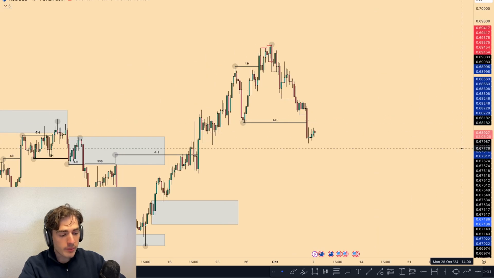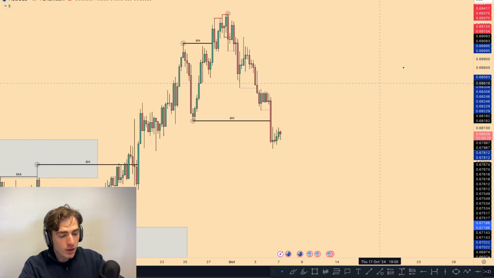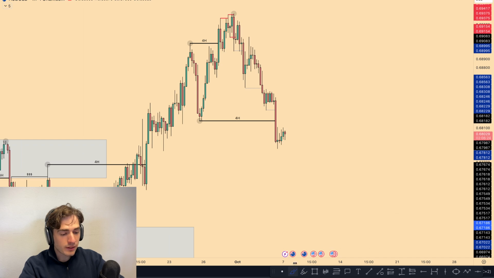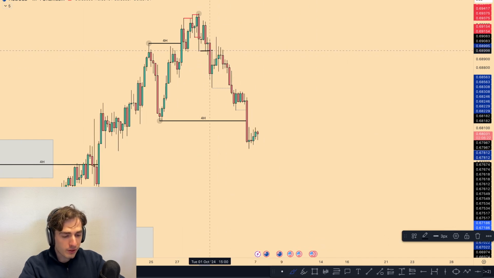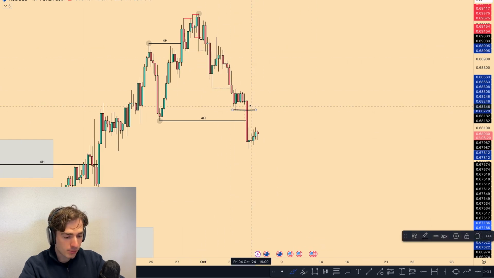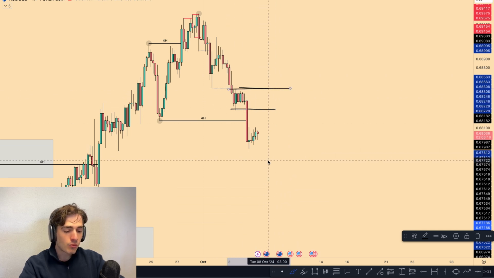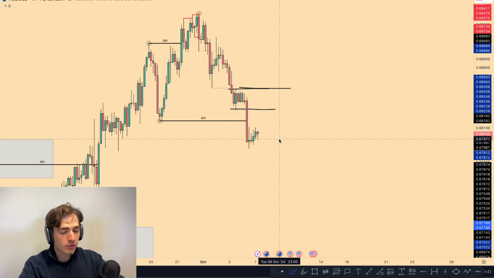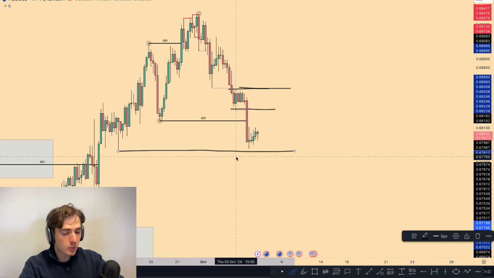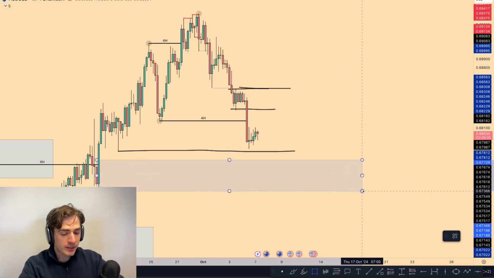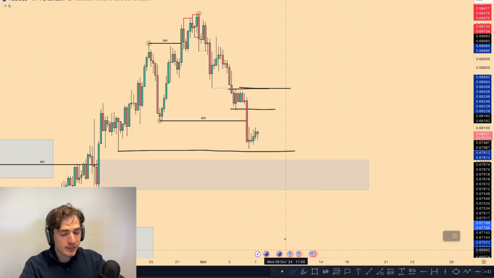So focusing mainly here on the 4-hour order flow, looking to see what we can grab. Overall here we have the 4-hour break, the 4-hour break, the 4-hour break. So this is now obviously your area of supply. Again, I'm not really interested in just randomly longing from here. I really want to see some more momentum kick in. We still have this liquidity low open, so what I would actually even prefer here in Aussie dollar is a long from this area of demand. That would be far higher probability for myself.